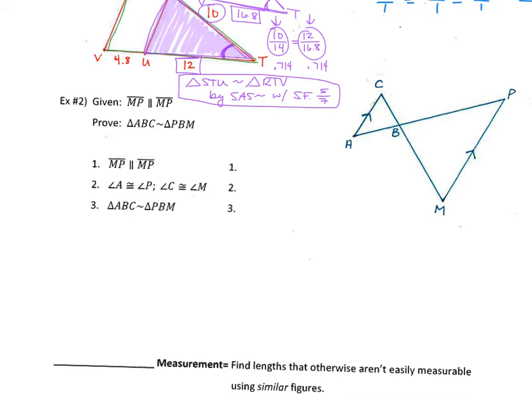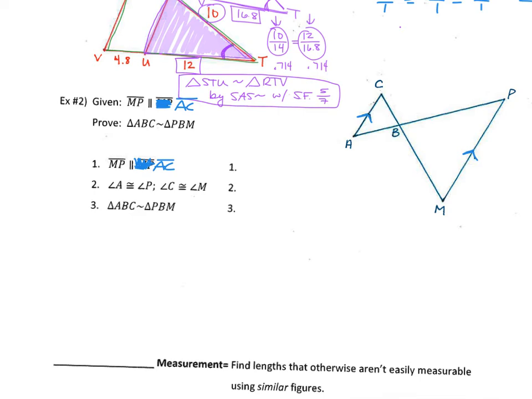So it says, given that MP, oh, man, and I already made copies. Okay, you need to change this. MP is not parallel to MP. MP is parallel to AC. Shoot. So bummed that I did that. Okay, so given that those two lines are parallel,